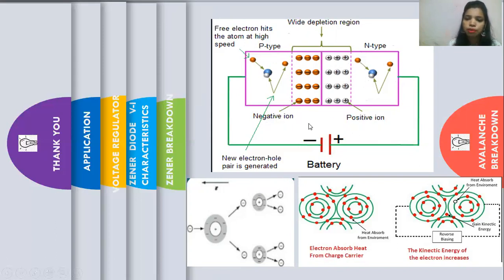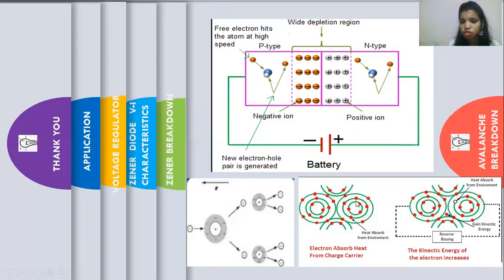So what will happen during negative bias? It will increase this voltage. These minority carriers get a very high energy, very high kinetic energy. So they will move with a high speed. When these electrons enter the depletion region, then they will collide with the stationary atom. And when they collide with the stationary atom, an electron hole pair is generated.